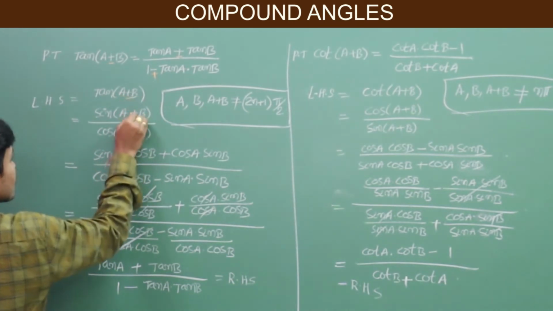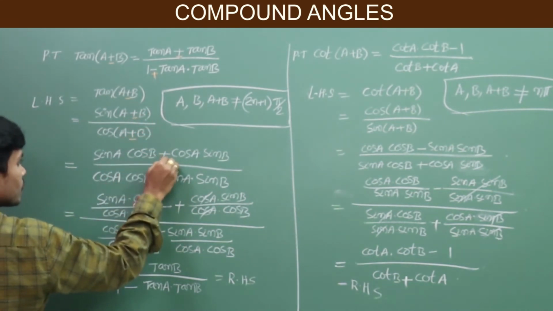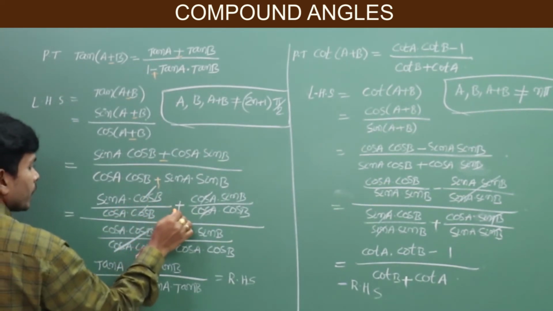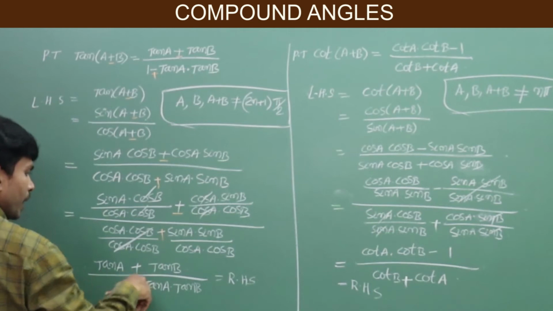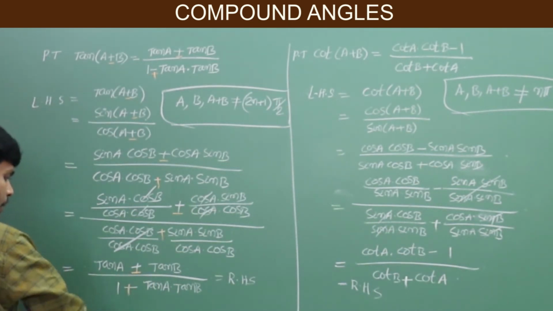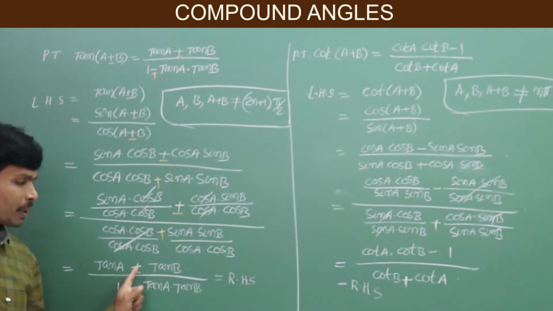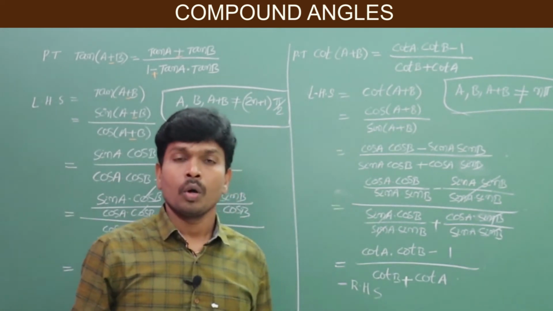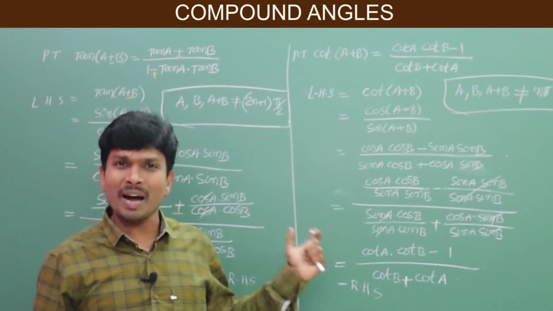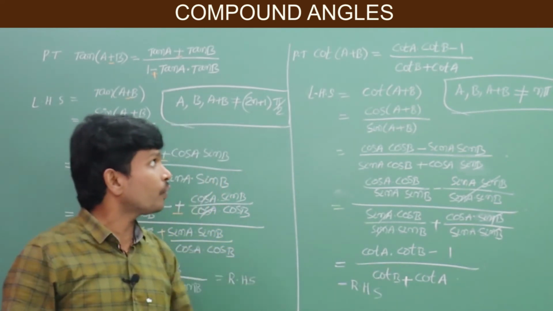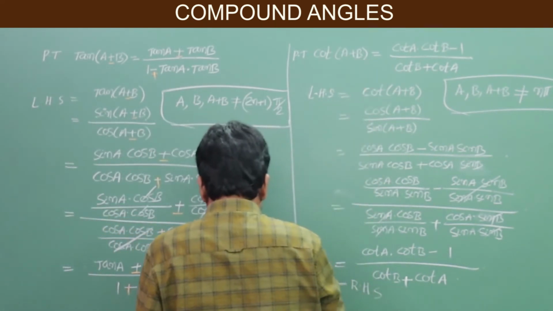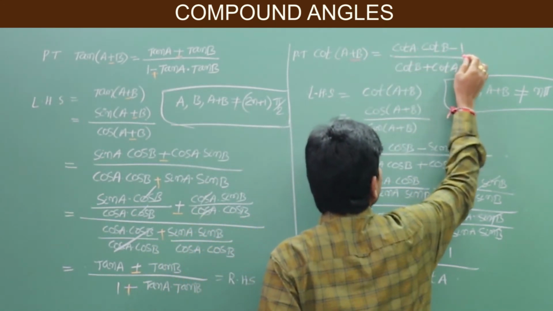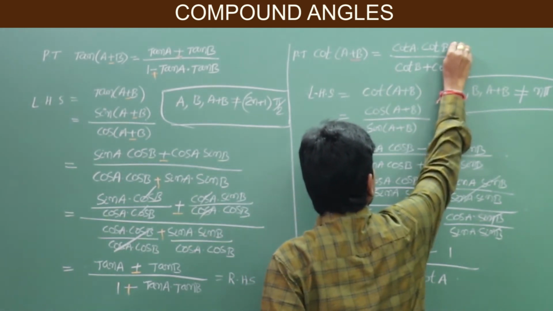Here minus, minus, minus, minus, plus. Okay, here we will get minus, plus, minus, plus. So that's why tan a minus tan b by 1 plus tan a tan b. Just the signs are changed. Yes or no? Here in place of b you must replace minus b, then you will get it. Here also, cot of a minus b equals cot a cot b, and here we will get a plus symbol.